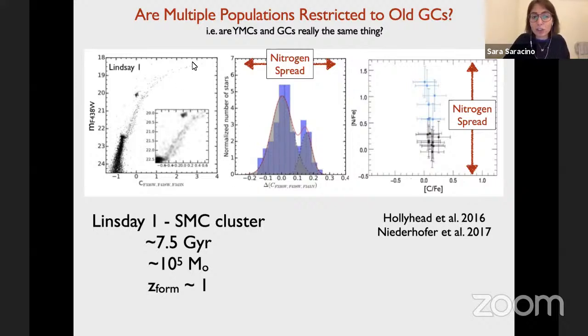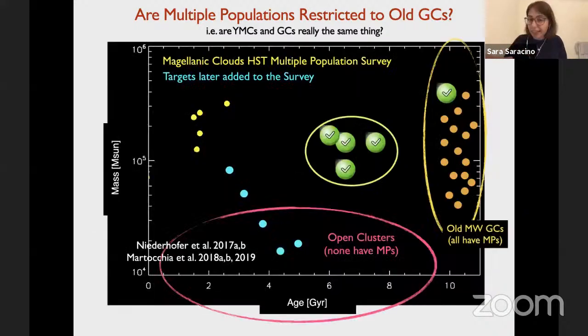So here you are looking at the RGB stars in this specific filter combination that is able to manifest these differences in nitrogen. And actually, for some stars in the two Gaussians here, we went to observe them spectroscopically, and what you see here is a clear spread in nitrogen also from the spectroscopical point of view. Okay, so multiple populations here as well. So we were very excited about these results, because like in all these other clusters, we find the same result,